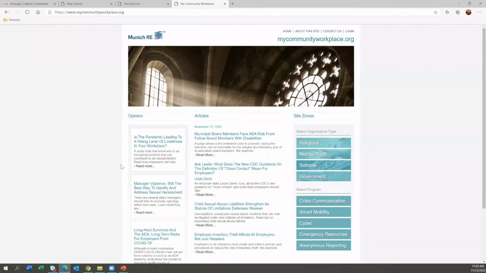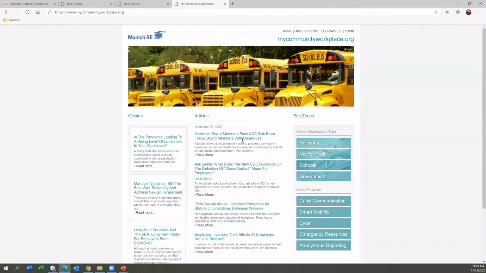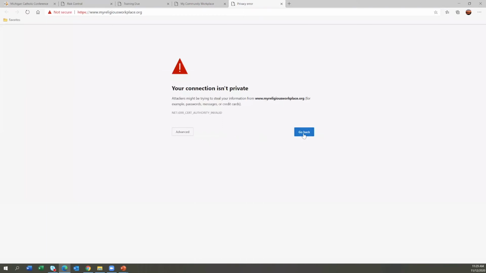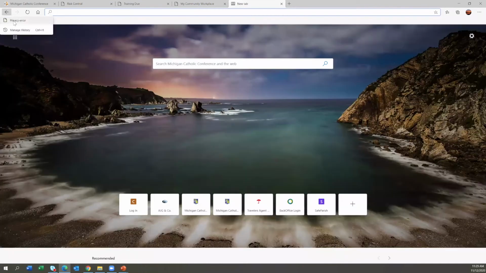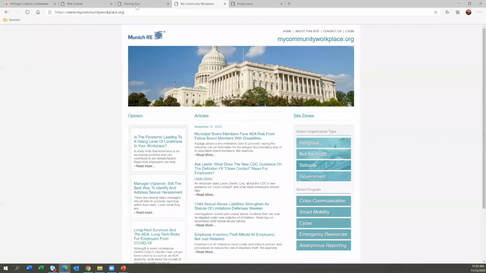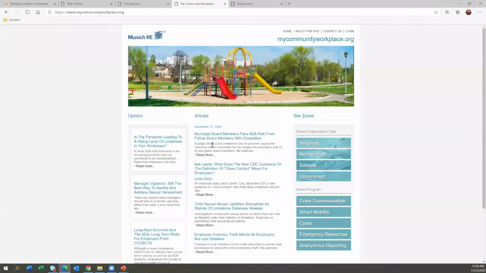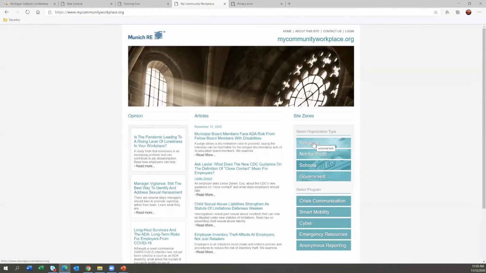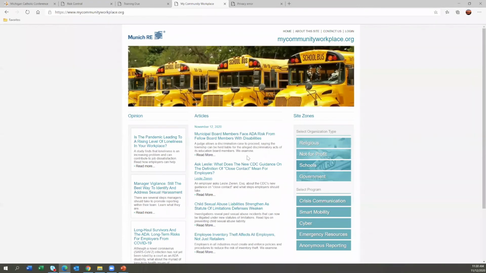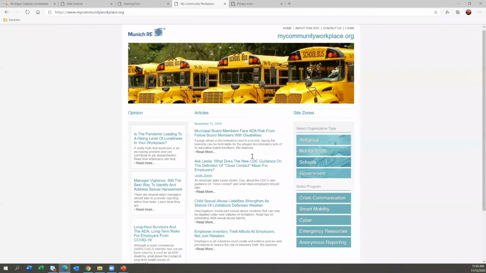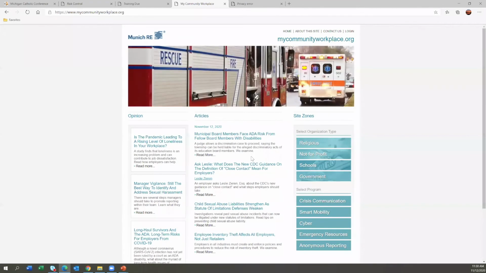So similar to that is My Community Workplace. This is mostly just articles that are school related. Actually, if you click over here, you go to religious. Oh, great. Let's see. Well, it worked the other day, but that's okay. My Community Workplace. These are articles you can click on. It works, if you believe me. Religious, nonprofit, and it just gears the articles toward that certain area. And again, I believe you can sign up for